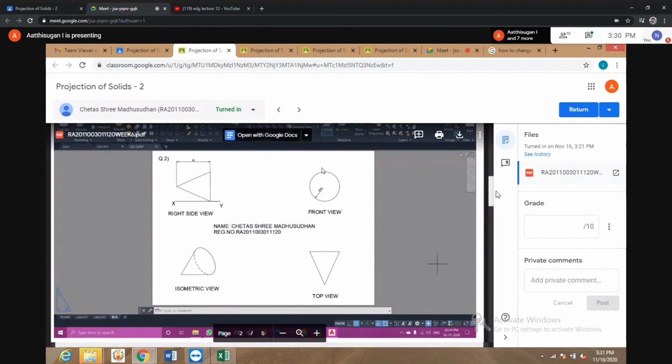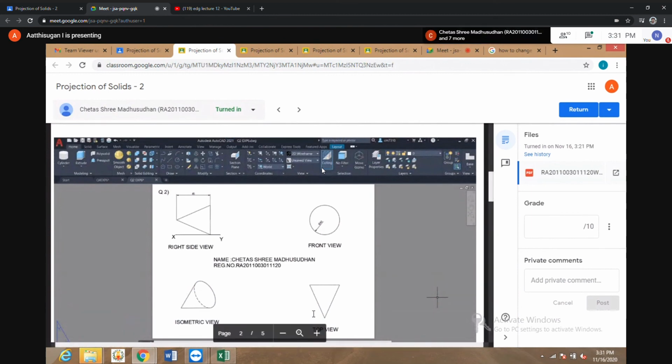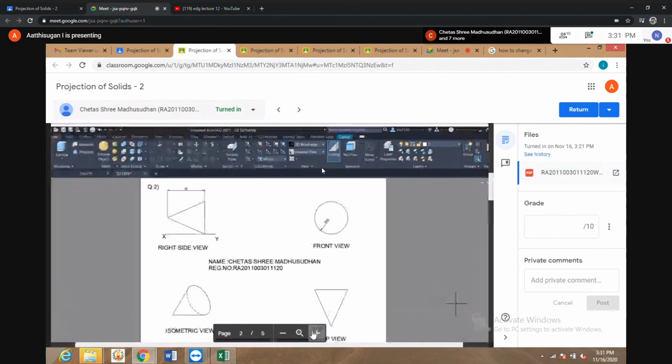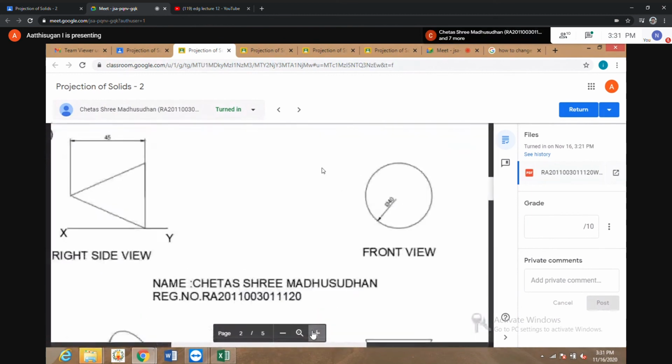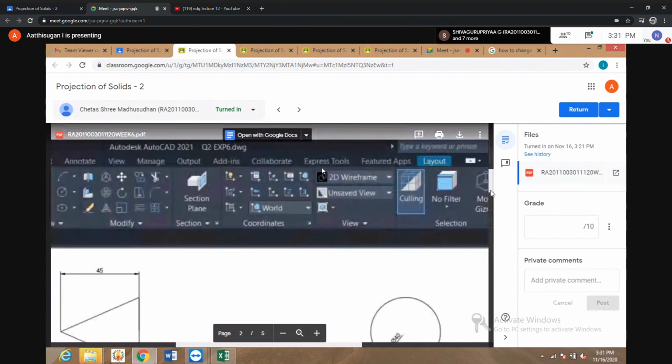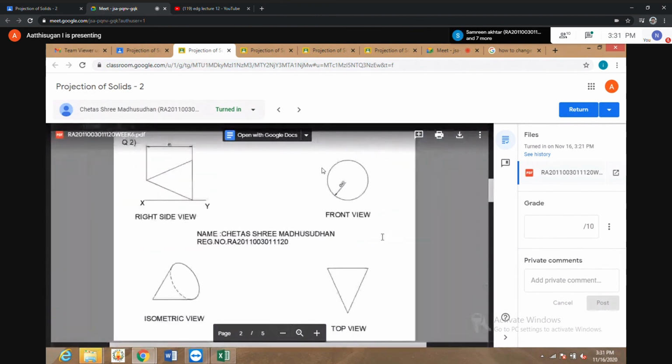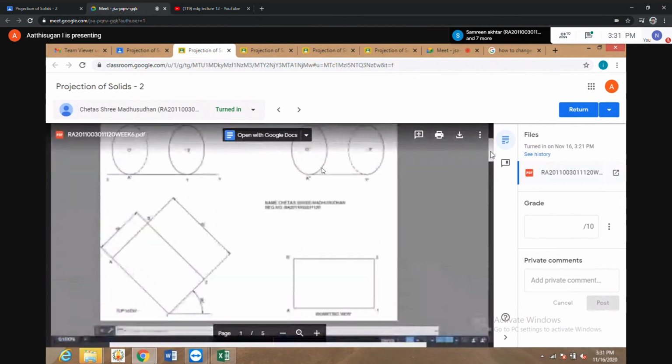Then more or less okay, the remaining are fine. They are asking radius or diameter for this one. Diameter 40. It's possible, try to give it outside. If not possible, okay, fine. But the diameter may be possible to give outside now. Try with the cursor, move it outside, it will come.